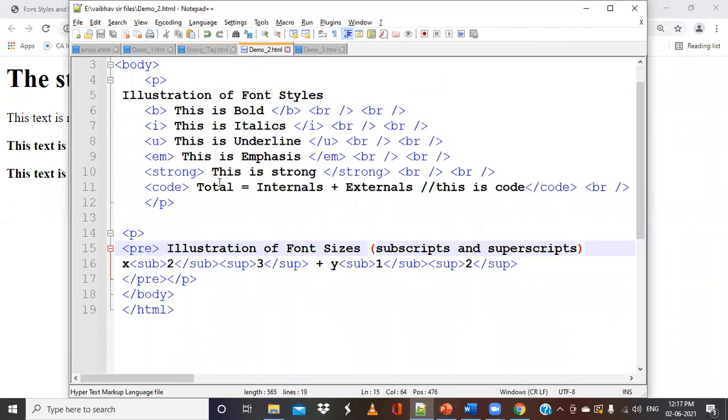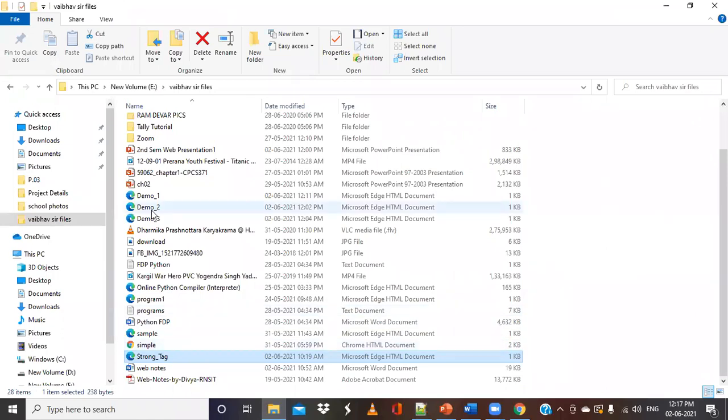Here I have put the information to illustrate all the font styles, like this is bold, this is italic, this is underline, and so on. Let us run this and you will observe the importance of this. We'll run demo2.html. You can see that the extension for these files is just .html.